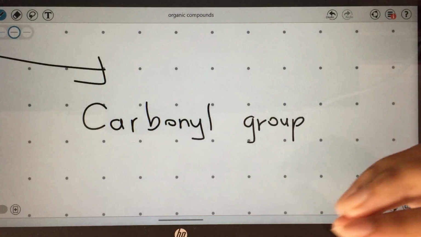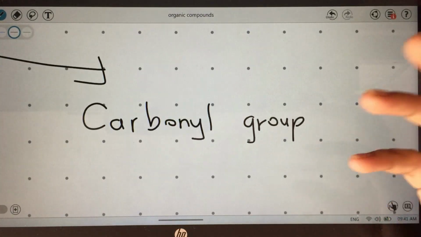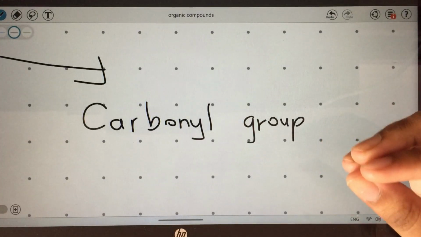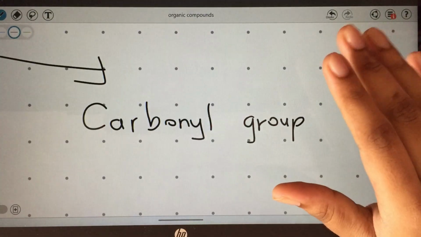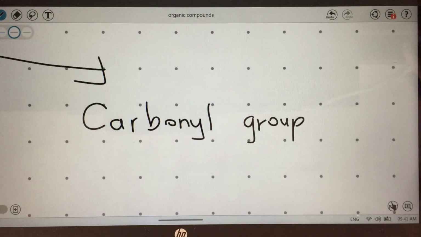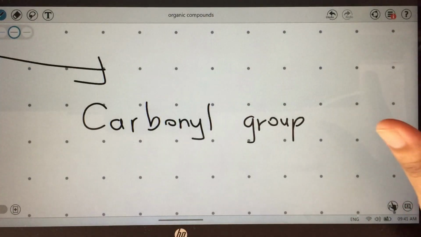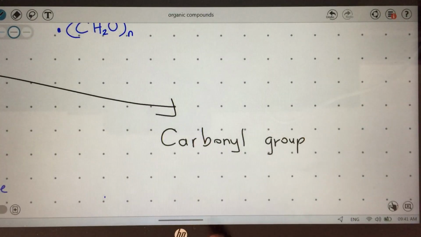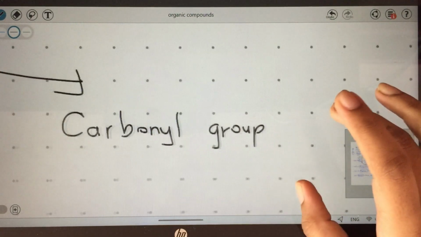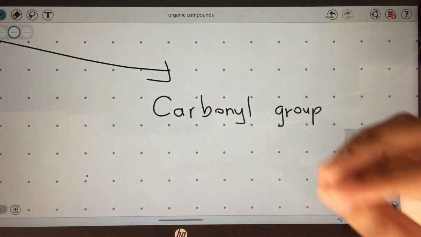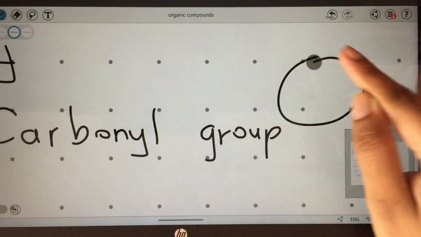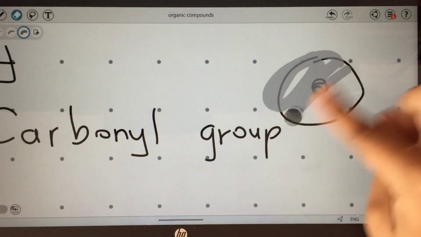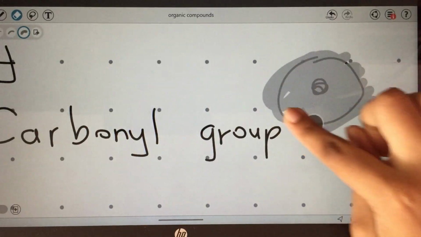So there's no way to teach you all what is carbonyl group, aldose, ketose now, because you all won't understand it for now. Okay, but like I told you, at the end of grade 12, towards the starting of grade 13, you'll understand this is something that we learned in bio even before chemistry. Okay, so that's something like that. Now just remember, there is a group. Now in a molecule, if there is a certain group in that molecule, you're going to classify it whether that group is present in that molecule or not.